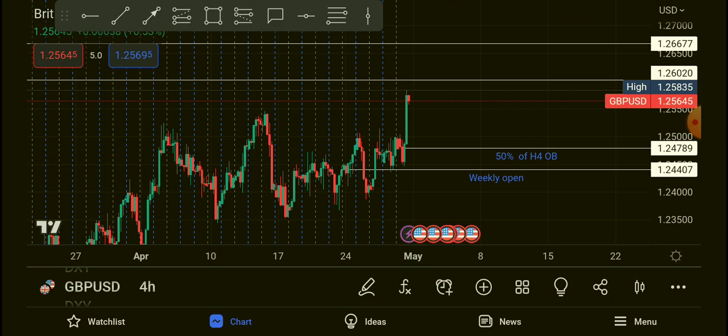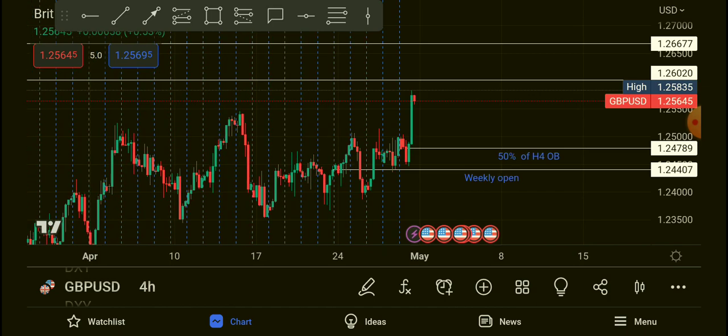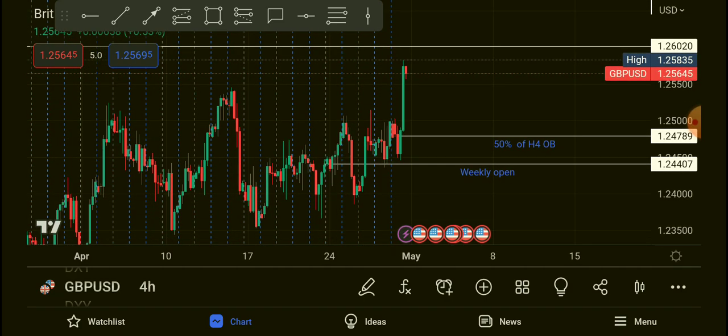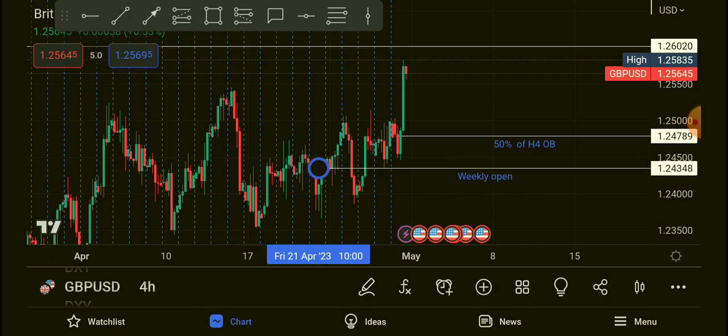So guys, this is the weekly outlook for next week price action. This last week we were actually bullish. This is last week's opening price right here, and price first of all,